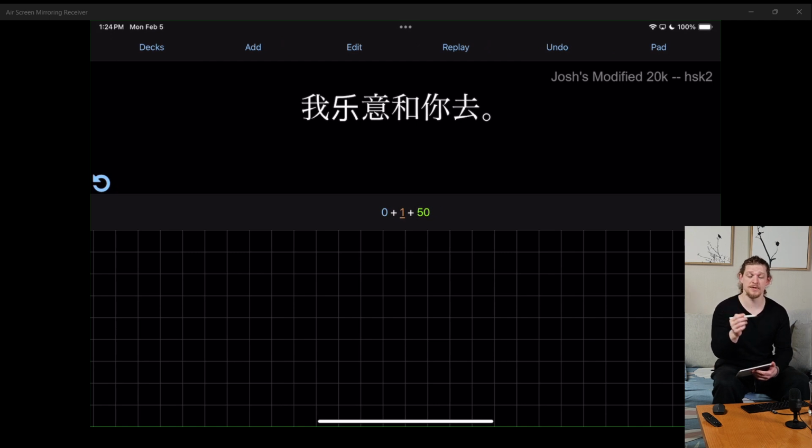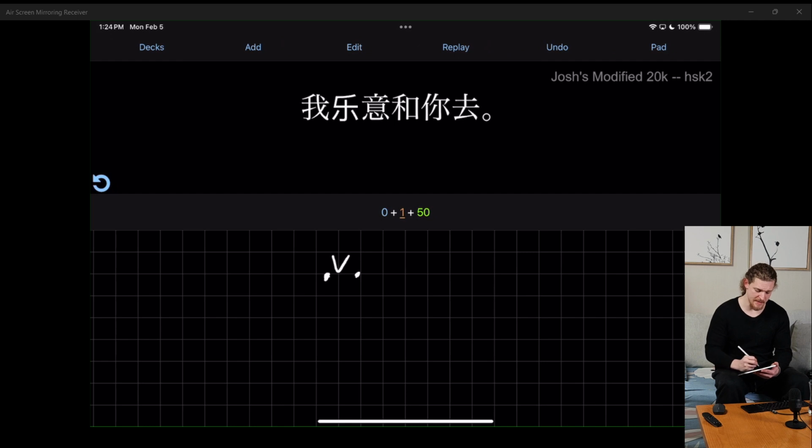And then you have the fourth tone, which is really just a sharp cutoff of the sound. It's saying the sound in a really sharp, clear, and short manner. Those are the four tones, and then the silent tone just doesn't really mean anything. You also have some things like occasionally, whenever you're looking at pinyin, which is how Chinese is written,